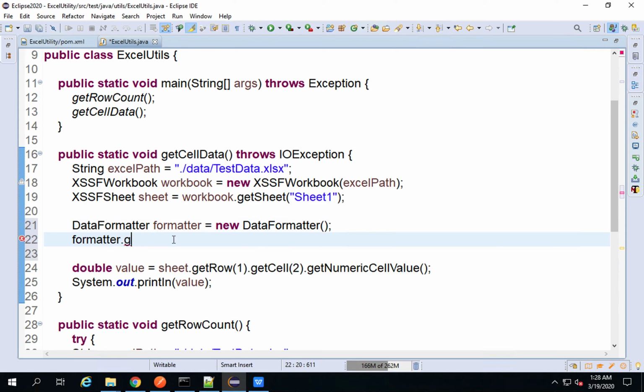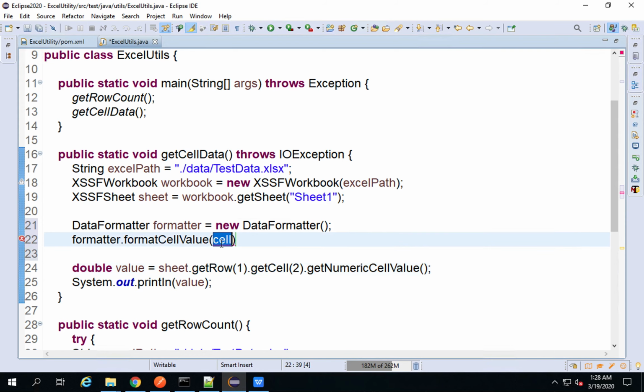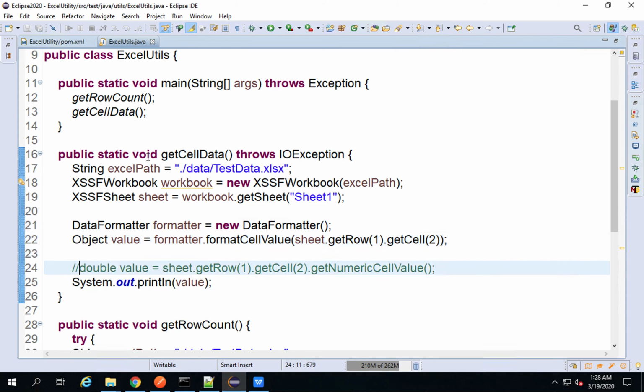or I will say formatCellValue, and I have to give the location. So I will say sheet.getRow and .getCell here, and that's it. Now this will get any data type, whether a string or an integer or a boolean or a decimal. So I will have to store it into an Object data type. I'm using the Object data type so that it will store any kind of data, and then I will try to print it. So let me run this again,